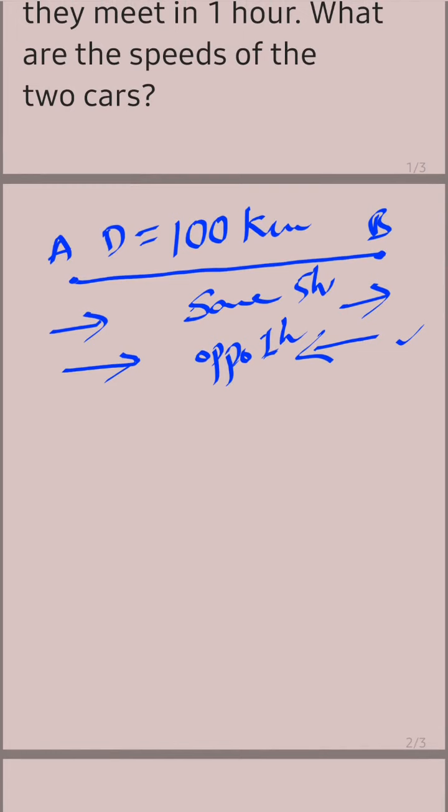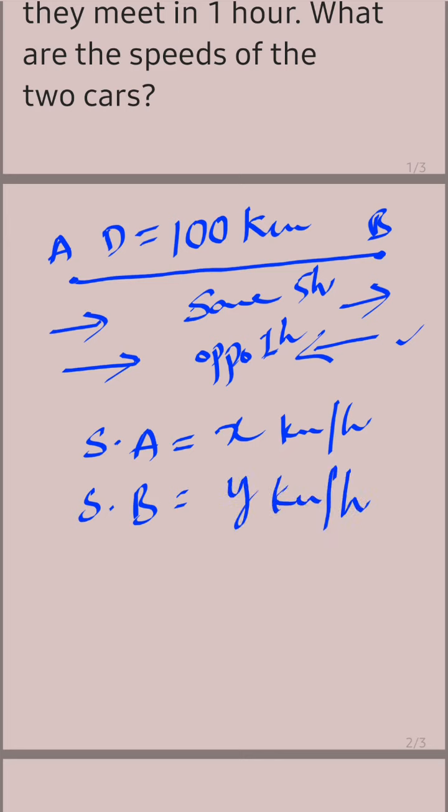After understanding the problem, first we are going to find what x is and what y is, because we are dealing with a pair of equations with two variables. I told you whenever you read a word problem, immediately find the unknown quantities, and take those as x and y. Here the speeds of the cars we don't know. So the speed of the car starting from A is x kilometers per hour and the speed of the car starting from B is y kilometers per hour. So x and y we got.